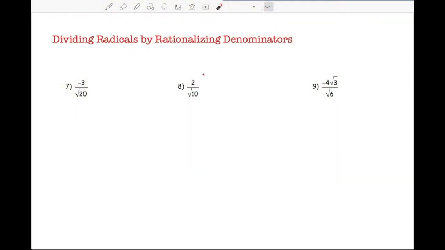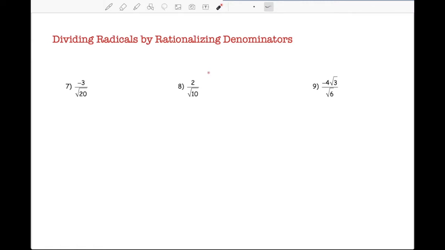Hello everybody. We're going to work on our last skill today with radical operations. At this point we've covered multiplying, we've covered addition and subtraction, we've covered simplifying square root expressions, we've even squared some, and we've used a distributive property. The last tool in our belt is how to work with dividing radicals, which is not that far different than